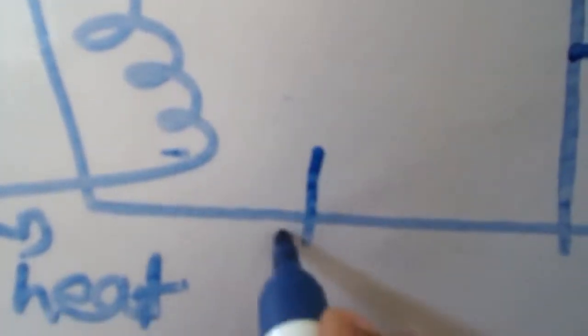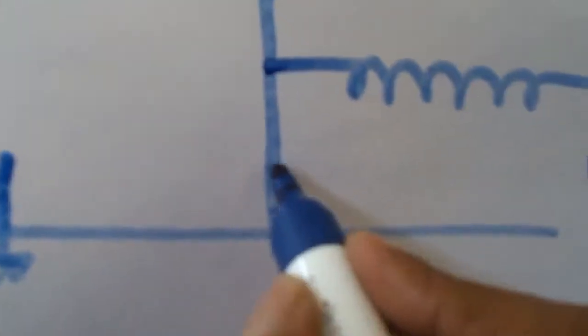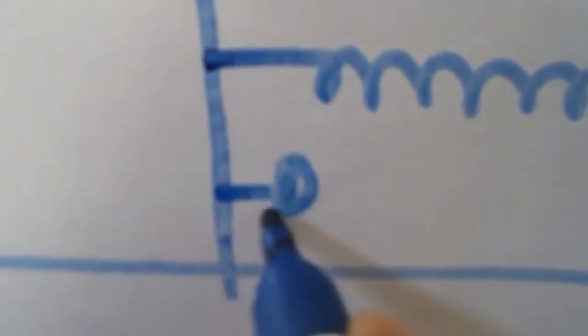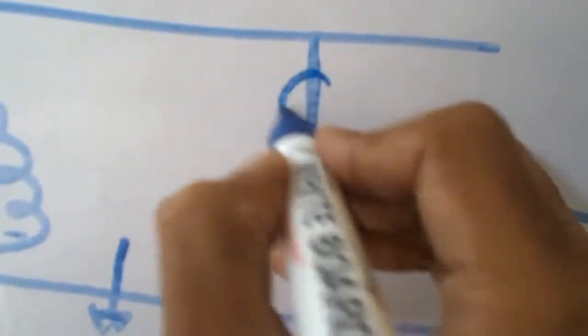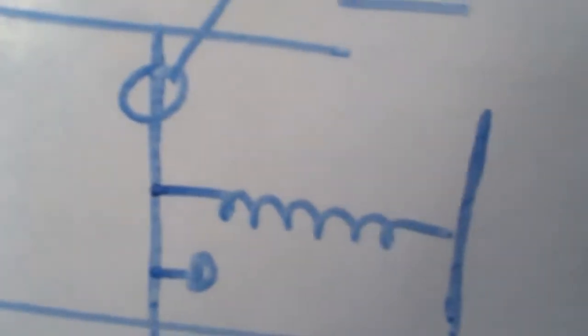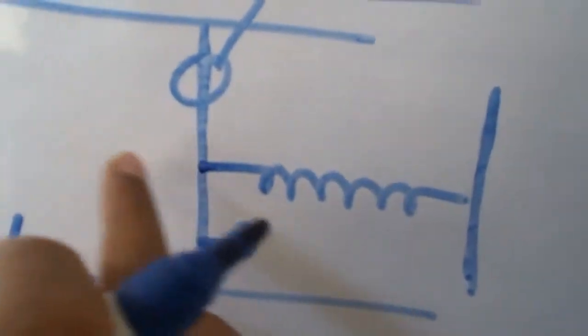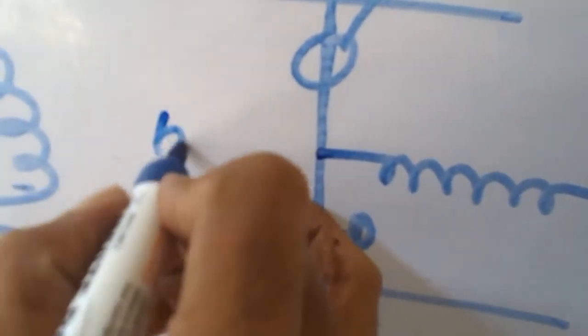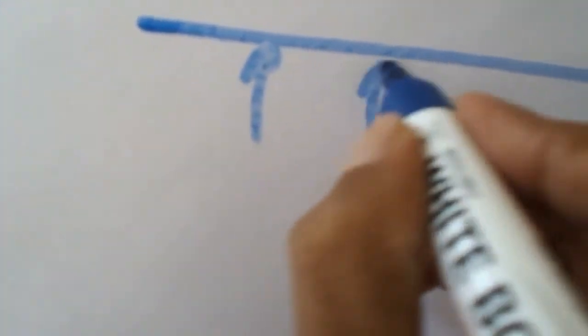Due to it, this gas becomes heated, and due to heating, the piston starts slowly sliding. Slowly sliding means at every step there is equilibrium. This piston is massless, so there is equilibrium between pressure and force. When I say equilibrium, that means the force due to the gas, P of gas into area, should be equal to